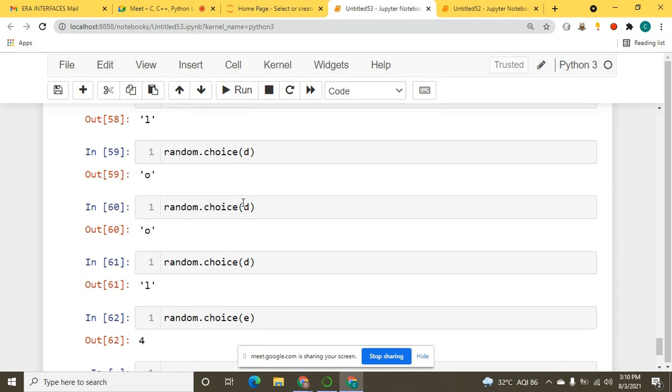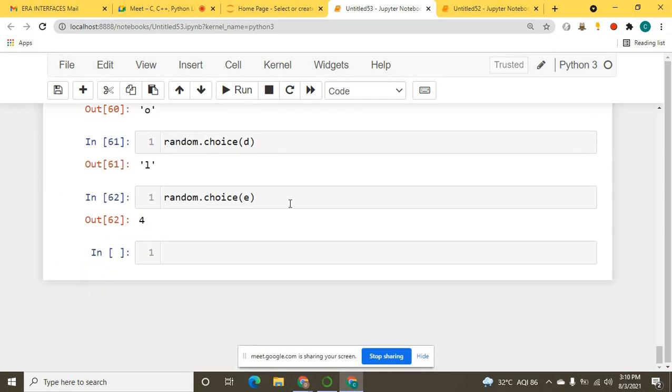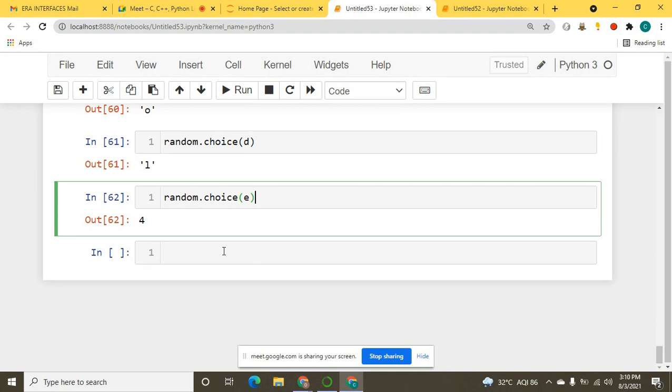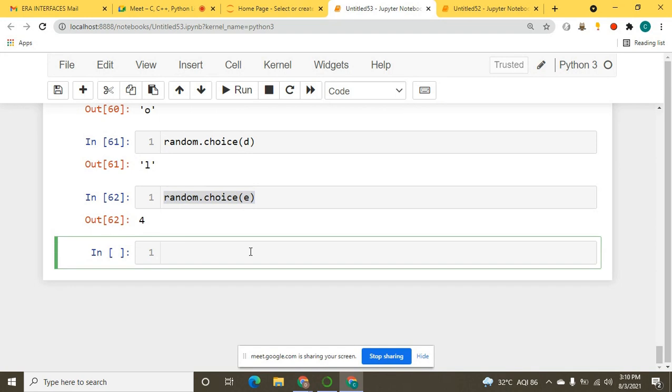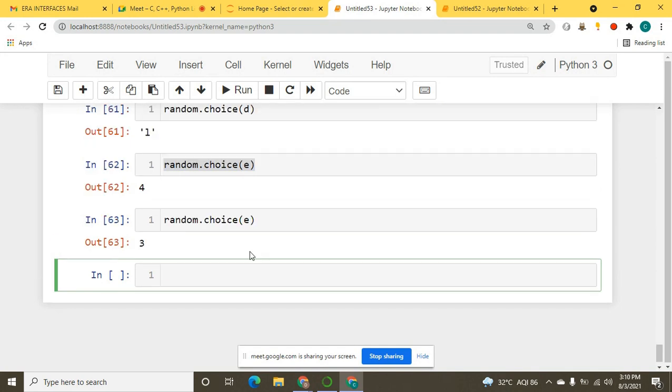So here, when I executed this choice function with this E, with this list, let me execute this again. Here, random dot choice E. Now we got 3, and now we got 4 again.